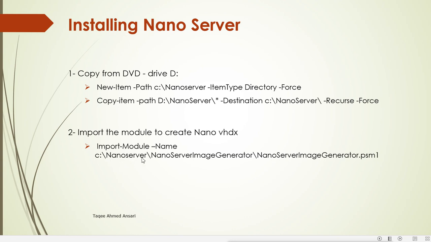In this NanoServerImageGenerator directory, we have NanoServerImageGenerator.psm1, that means PowerShell module. So we will import this module in our PowerShell for running the Nano Server commands. So the first job is to import the module.